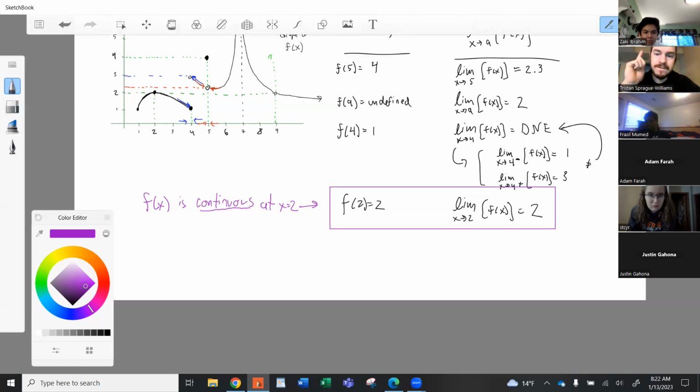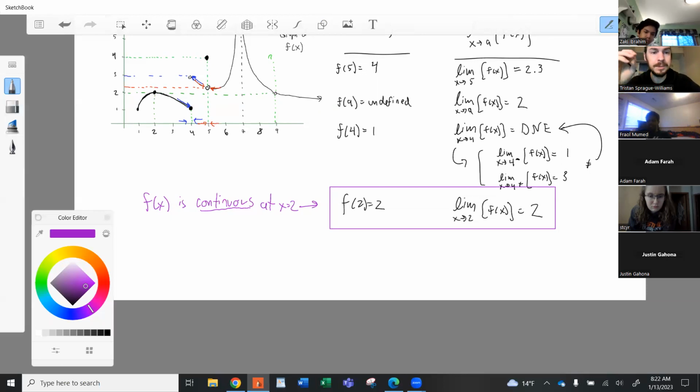Continuous means that the function's value exists, the function's defined, the limit exists, and they're equal to each other. And that word continuous has a rigorous definition. It has a very specific meaning in math,